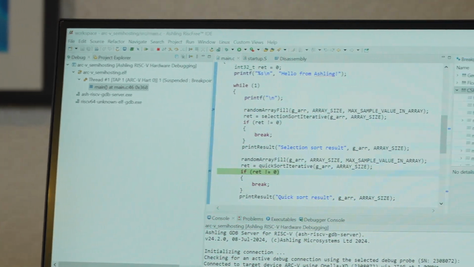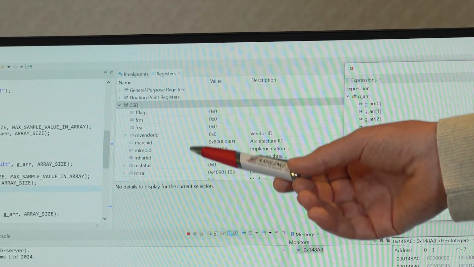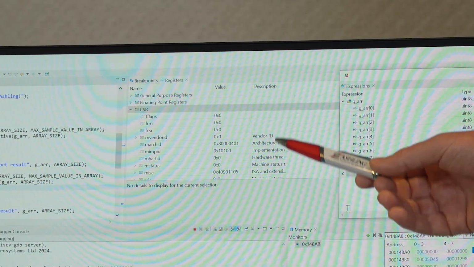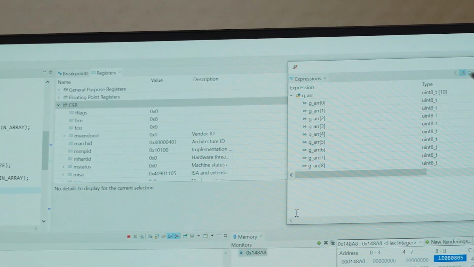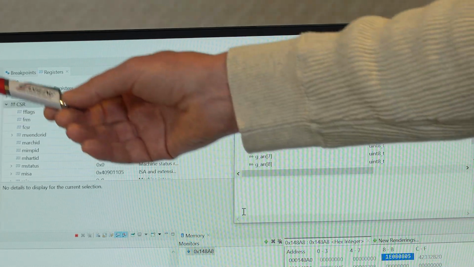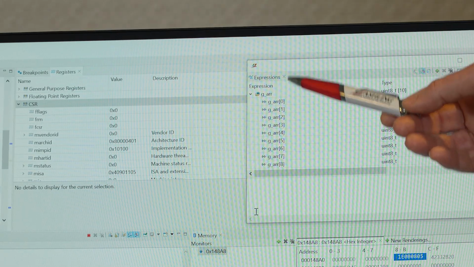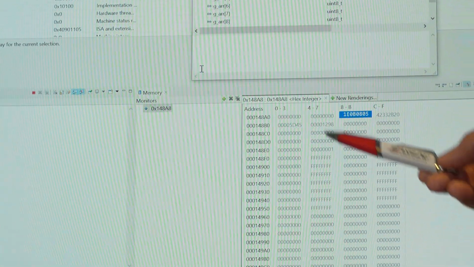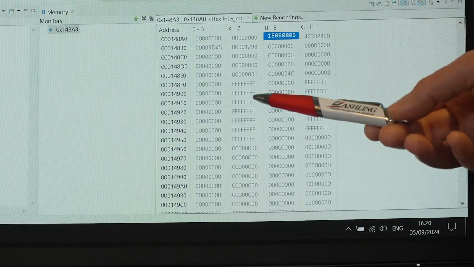If we move over here, we have some other views. The registers view, obviously as its name implies, shows you a list of all the registers and their current value, and a high level, more verbose description of what those individual registers are. Here we have an expressions view, which is showing you a particular variable in the example program. The variable is actually an array of numbers, and you can see I've opened it here to show the value of each number. Down here we have a very simple memory view showing the address and the memory content as hex.